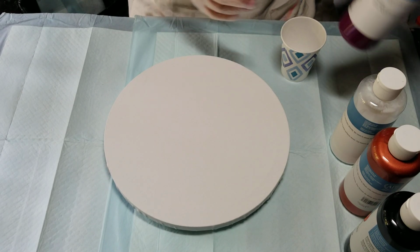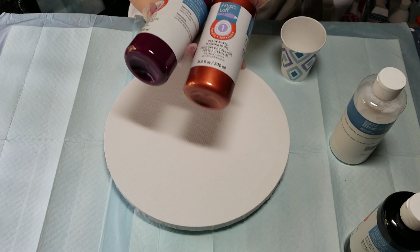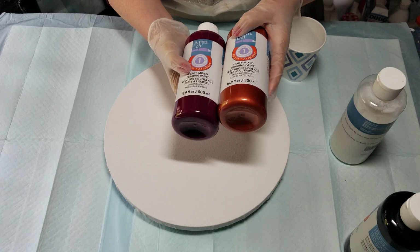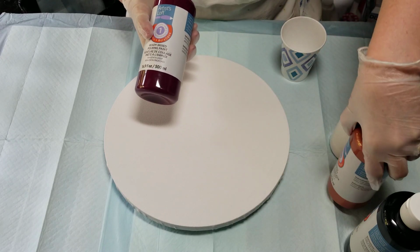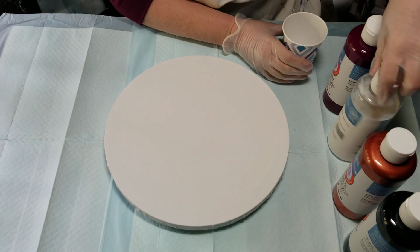mixed pouring paints that I had not seen before. Now, whether they're new or Michael's just wasn't carrying them before, I don't know, but one is this Magenta Deep and the other metallic copper. They're just beautiful. So I grabbed them and I thought I would try them today with a ring and ribbon